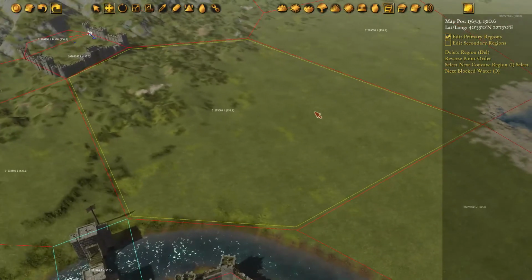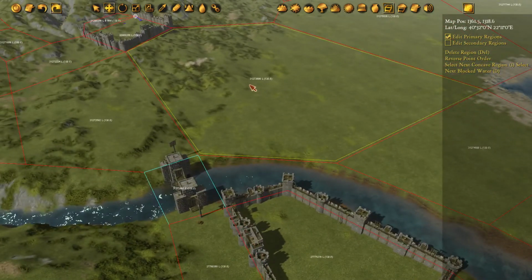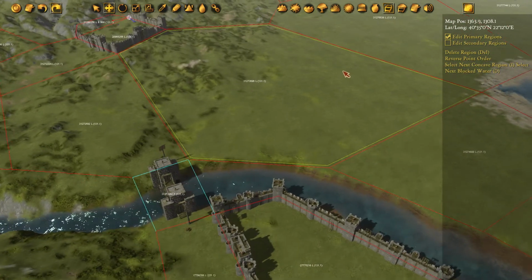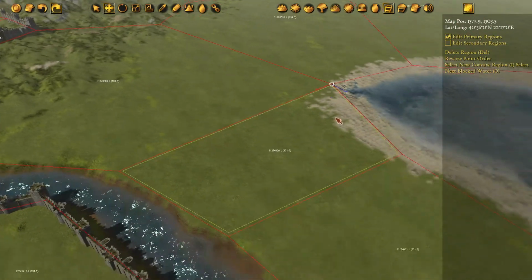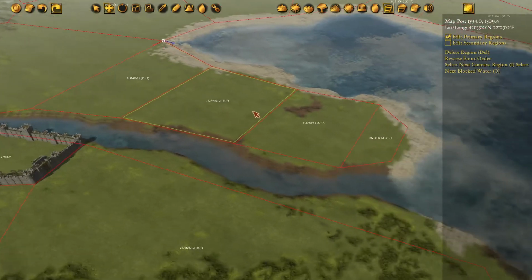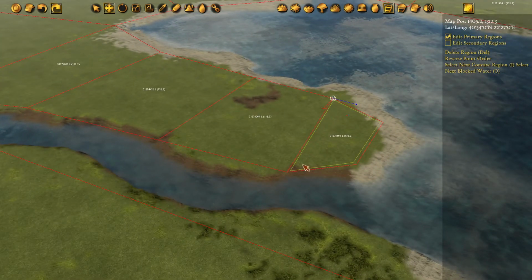Okay, so the next thing we're going to touch on is forts and camps. Now the difference with those, unlike cities, is that forts and camps, or more like bridges, only appear once the player has built them. So there's a few different ways to place those on the map. One we'll do right here. So you can place